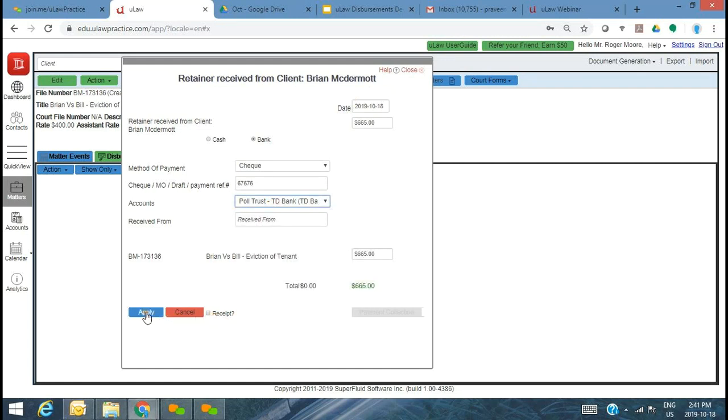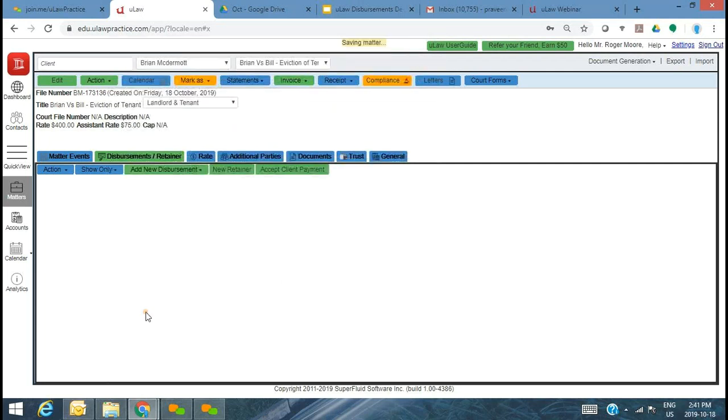Okay, so you can give them a receipt for that trust retainer. Very important. So now you've got $665 that's deposited, let's assume, into the trust account, and that's the amount that you have to play with.